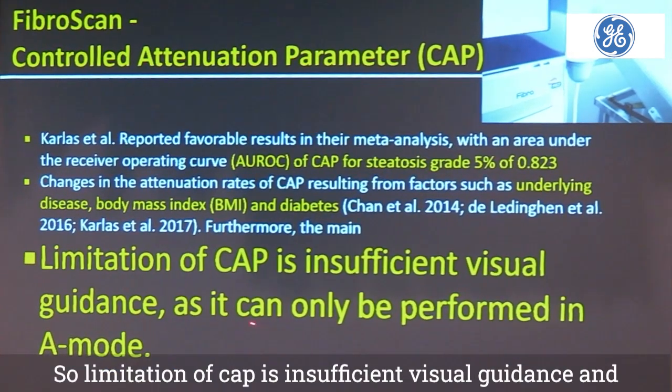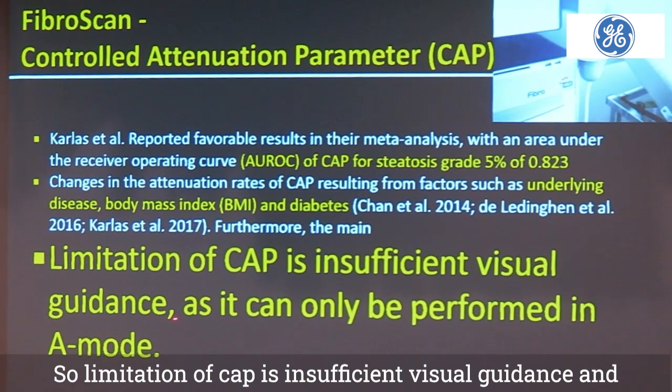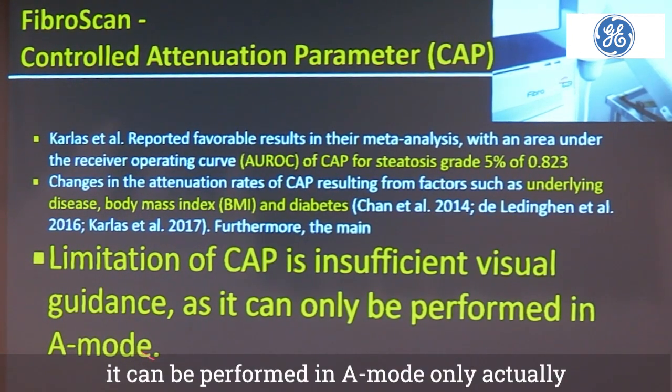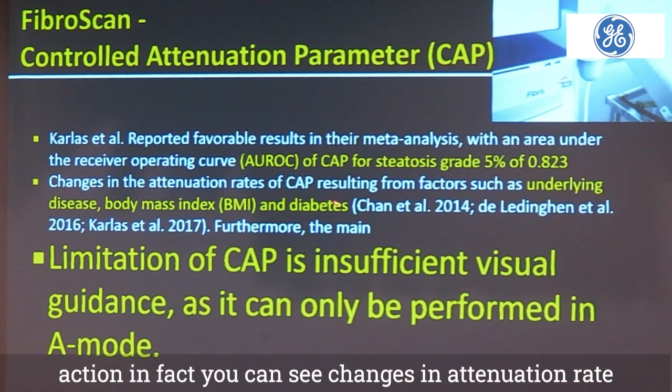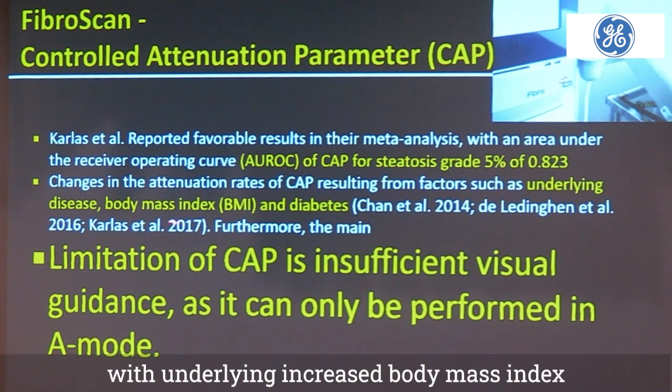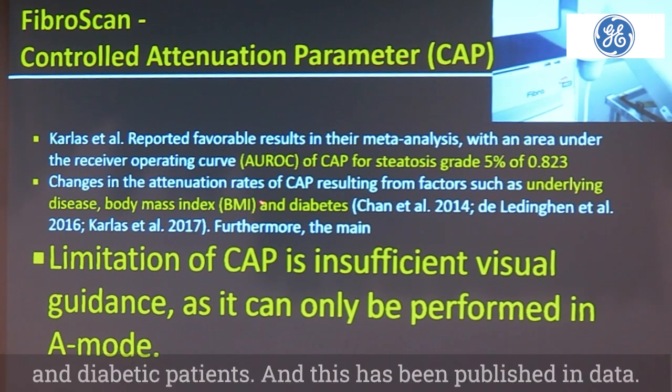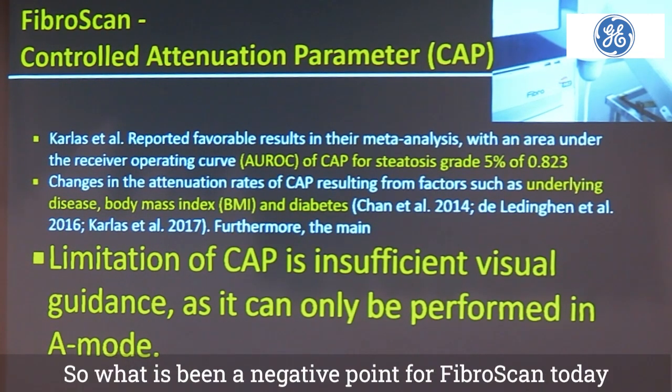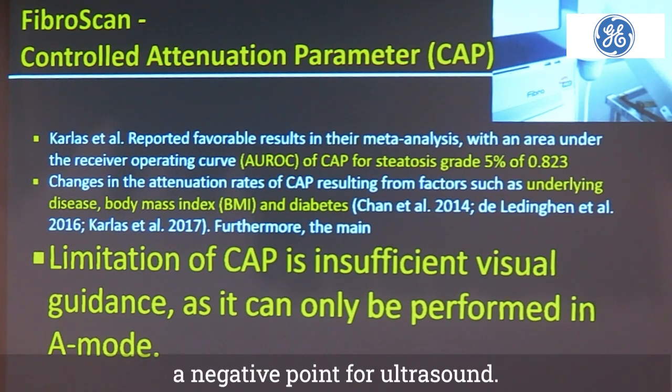So the limitation of CAP is insufficient visual guidance, and it can be performed in A-mode only. And in fact, you can see changes in attenuation rate with underlying increased body mass index in diabetic patients, and this has been published in data. What is a negative point for Fibroscan today, the hepatologists are saying, is a negative point